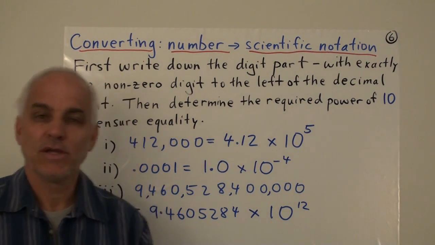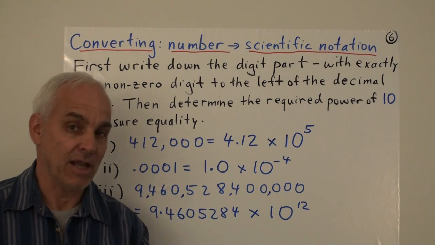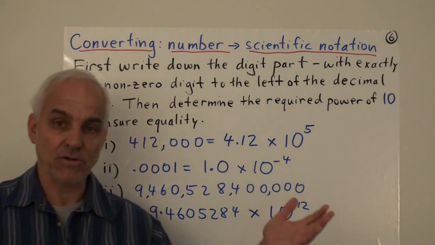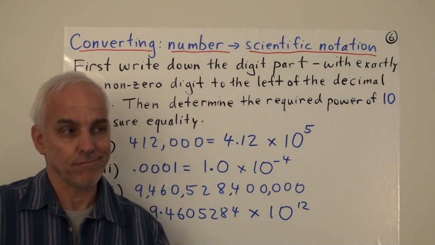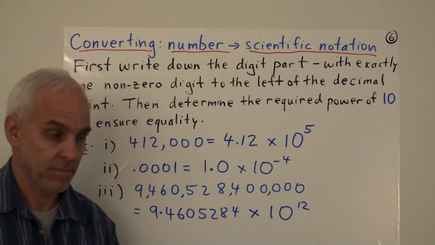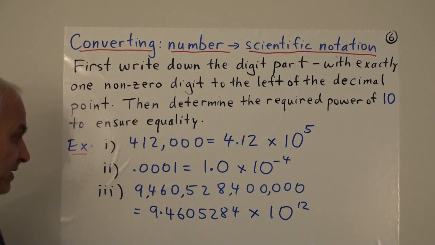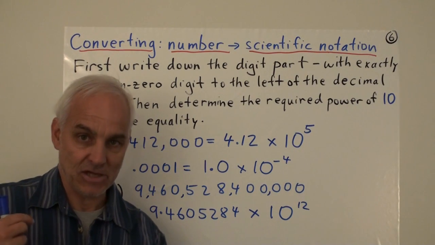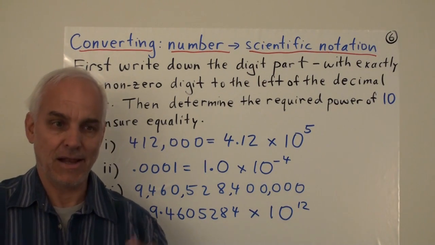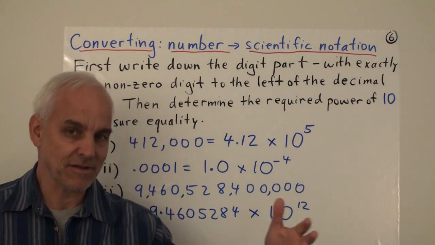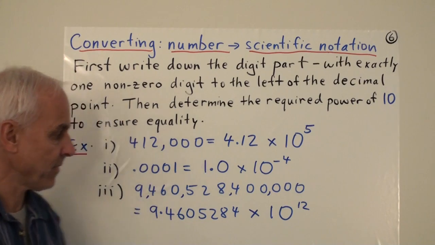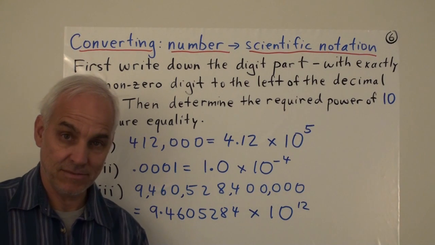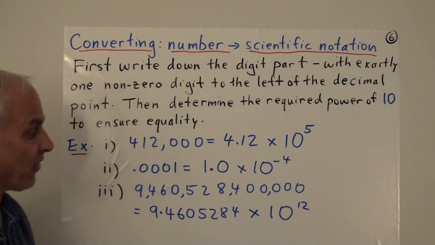And what is this? This is how many kilometers in a light year. Right? How many kilometers in a light year? A kilometer is 1,000 meters, which is about 0.6 of a mile. Well, it's a very large distance. Still, compared to the size of the universe, this is still ultimately not such a big unit when we are talking about galaxies and the distances between galaxies and so on. But it illustrates the kind of big numbers that we need to work with in science and that are dealt with very efficiently with this scientific notation.